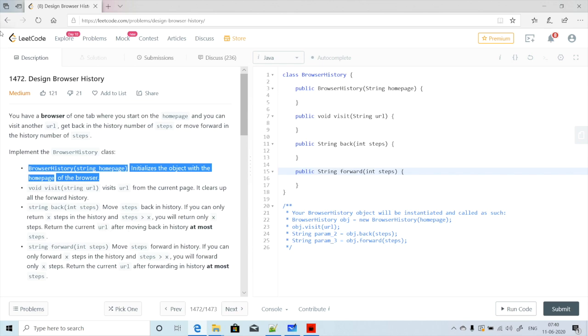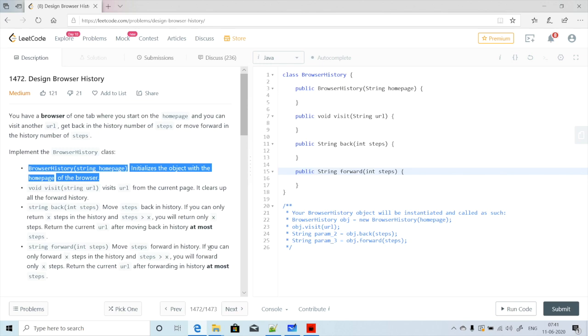So what it says is, let's say we have only two URLs in the history in the back. Now if you ask for three steps backward, as we only have two steps, we will return only two steps on the back side. If it is available, then we will move three steps. The same goes for forward also.